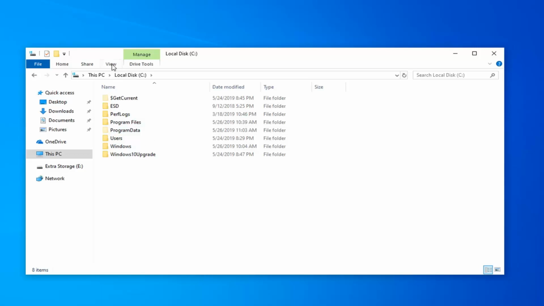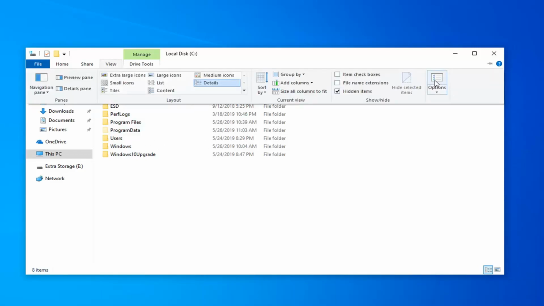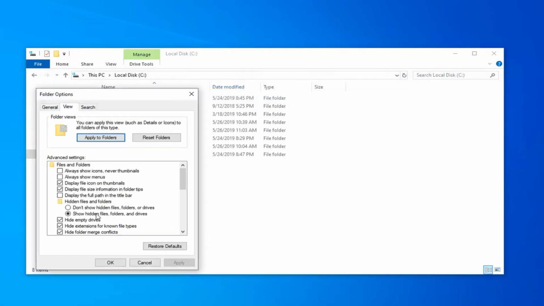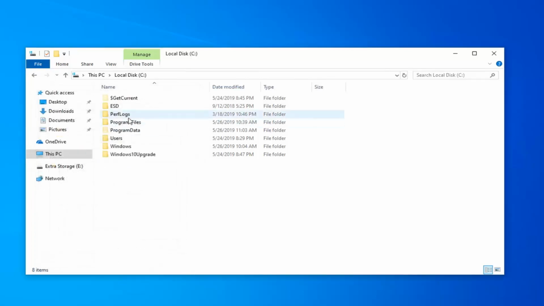And then you want to select the View tab up at the top. Go to the far right side and select Options. Click on the View tab and make sure Show hidden files, folders, and drives is selected, and then left click on Apply. Okay. Now you want to go underneath Program Files,